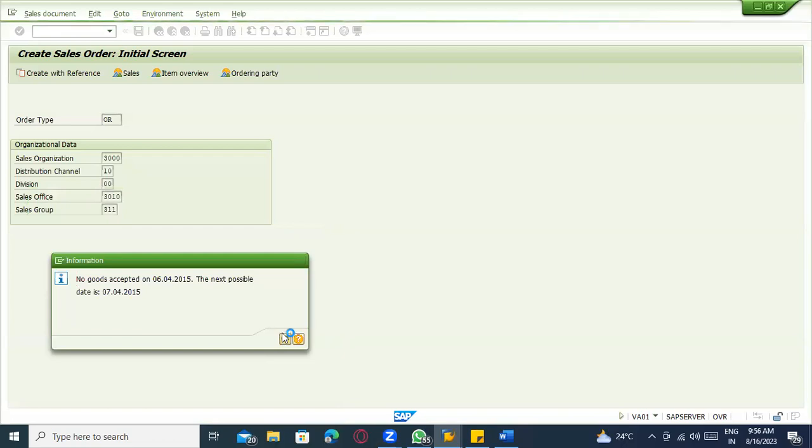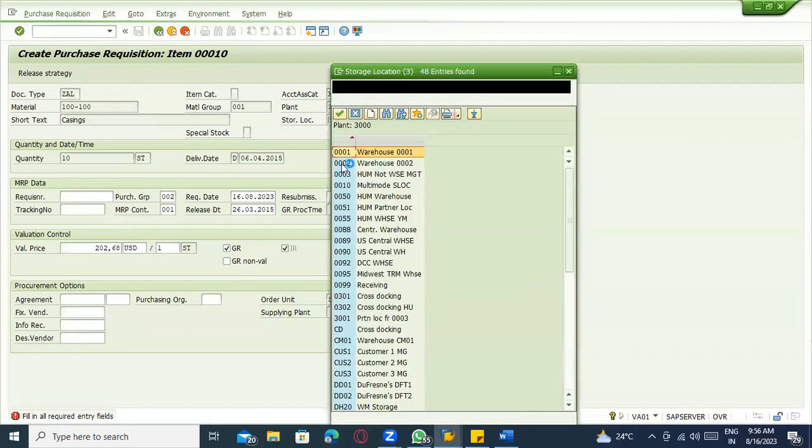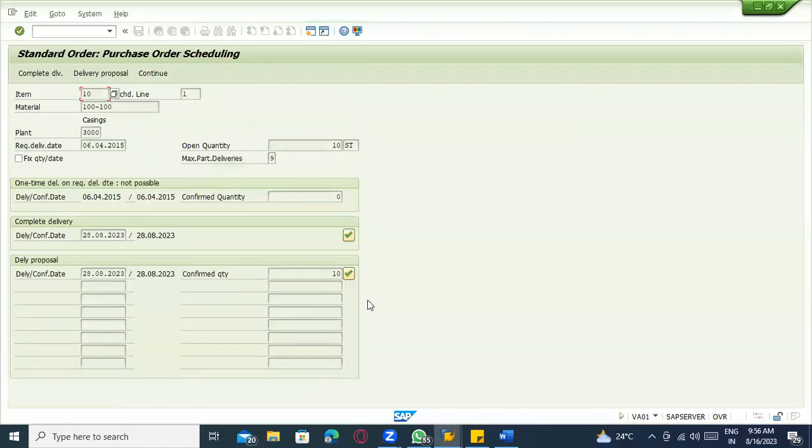Okay. So which storage location is required? So let's say what storage locations we have, 2001, 2002. Okay, then